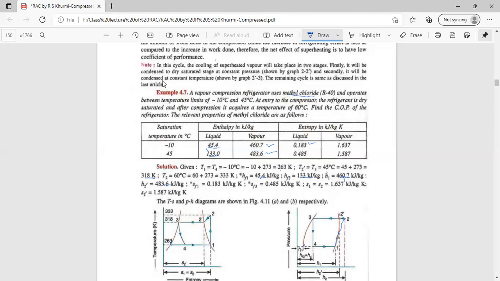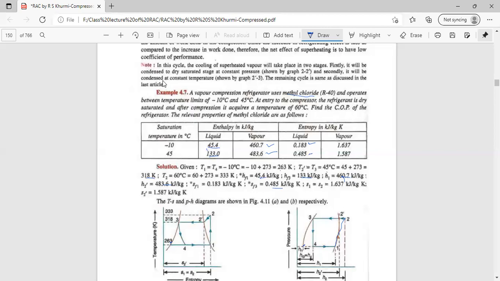0.123 kilojoule per kg. And SF2 is the entropy at point 2 with entropy at point 3, which is the entropy of the refrigerant in liquid state at a temperature of 318 degrees Kelvin, which is at the point here, equal to the liquid state 0.485. This is 0.485 itself. And S1 is the entropy at point 1, which is equal to S2, entropy at the superheated state, but this is an isentropic process. The entropy at point 2 is equal to the entropy at point 1.